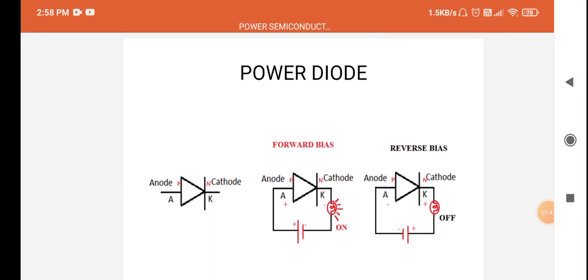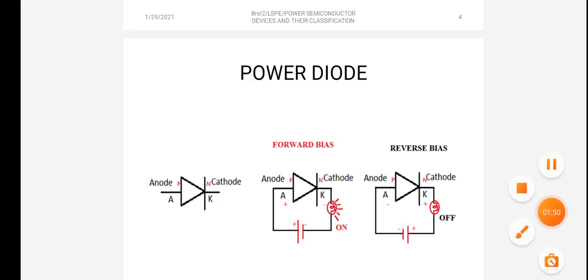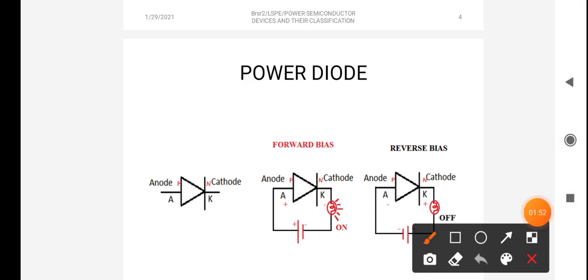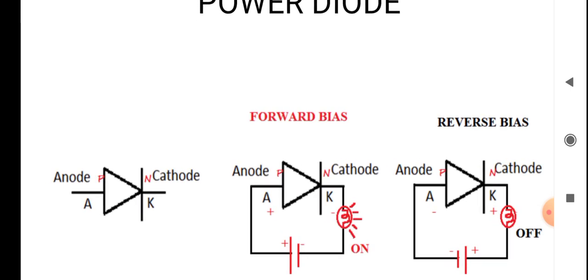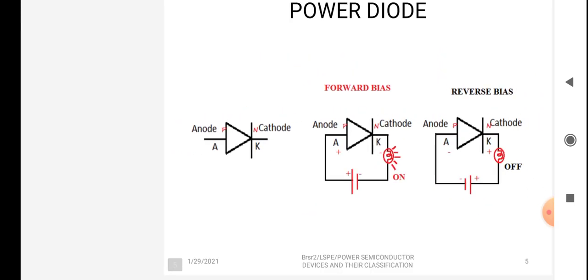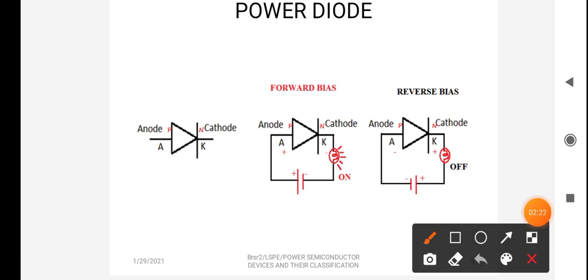Let us see how a power diode works. Here, just for the purpose of understanding, LED is shown connected to the diode. If the diode is having forward bias, that is, if the positive of the battery is connected to the anode, negative of the battery is connected to the cathode, and if you have a LED connected, there will be a current flow in the circuit and the LED will be on. Whereas if you connect the negative of the battery to the anode and positive of the battery to the cathode, there will not be any current flow, and so the